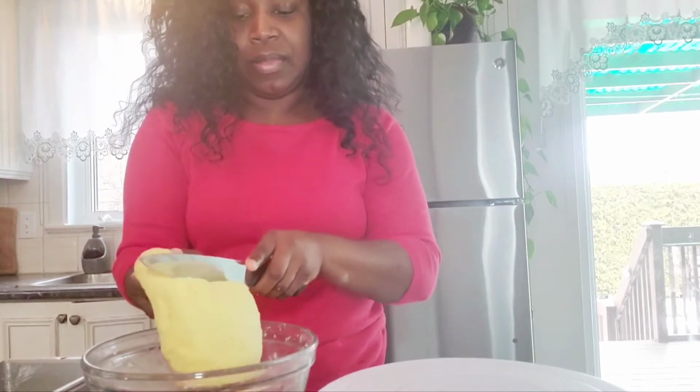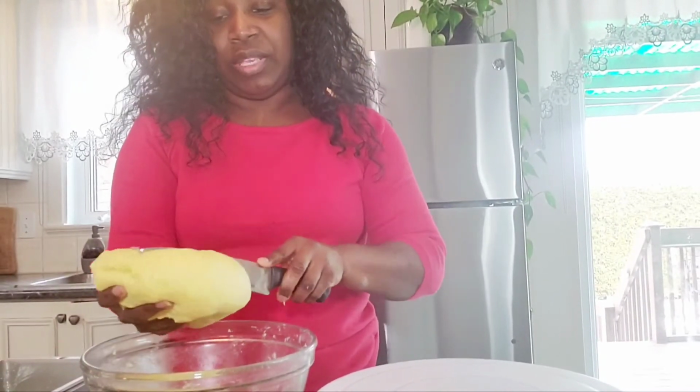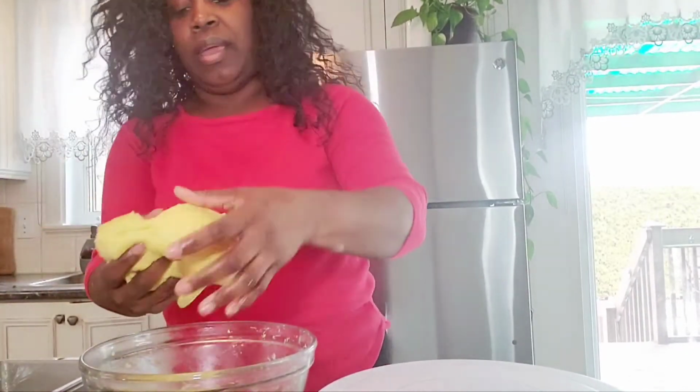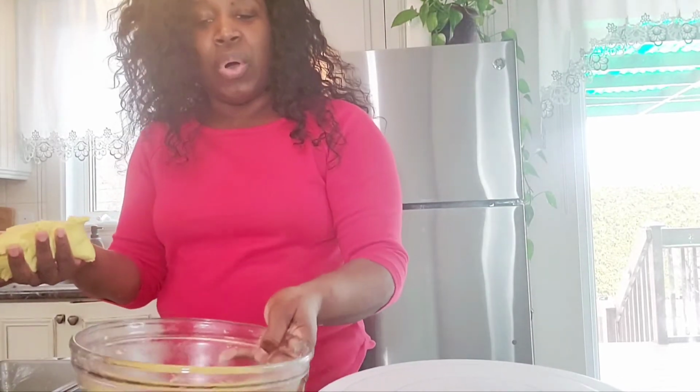So I finished kneading my dough several times here. So I'm just going to cut it in 3 pieces. Okay. You want to be careful with your knife. So I'm just going to cut mine into 3 equal pieces. Okay. You don't have to be fancy, guys. You're not catering. This is your home. You're making this for you. No problem. So I have 3 equal